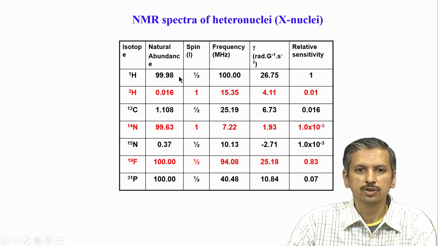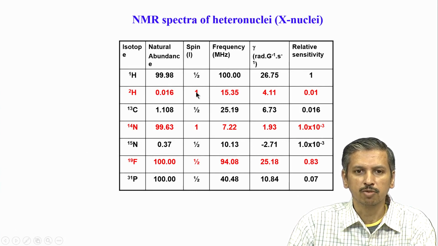So almost every hydrogen in this universe is proton, that is 1H, spin half. It has an isotope, deuterium, which is much lower in abundance and does not have spin half, it is a spin 1 nucleus. So normally we do not do deuterium NMR in biomolecules, but we definitely use deuterium incorporated into the molecule, which we will see when we deal with isotope labeling. The sensitivity is much lower if you want to look directly at deuterium signals. But we can use it for some other properties which we will see later.